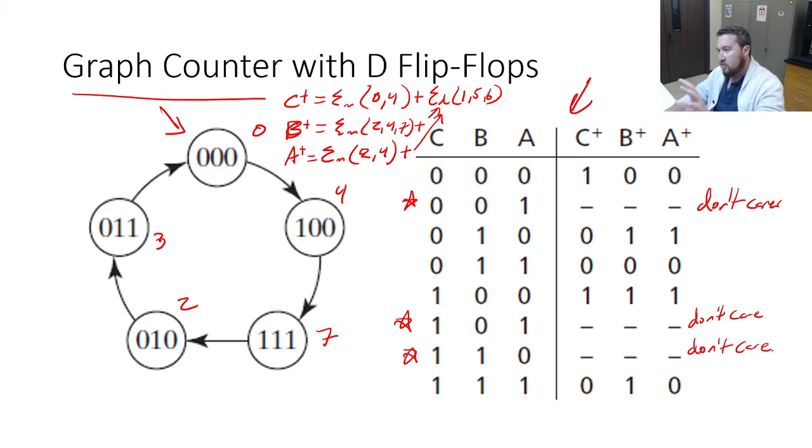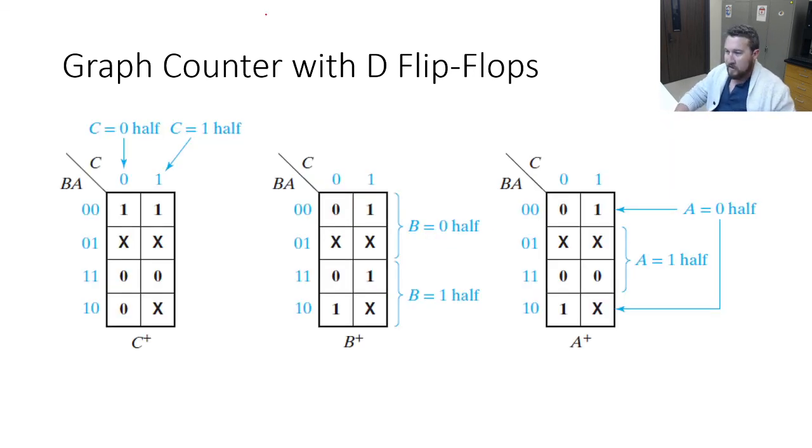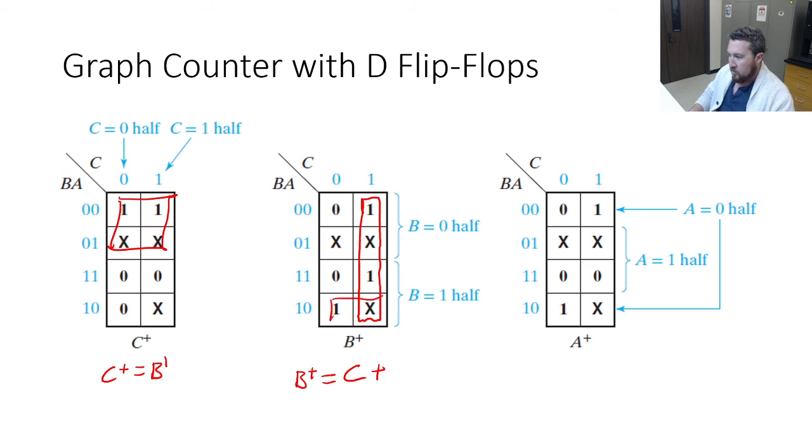So we can take these and throw them into a K-map like so. Here we've got C plus, we've got 1, 1 on the top row, but we've got don't cares in the second row, so we can group all of these into a box and say that C plus is going to be equal to what? Just B prime. And then on B plus, it's not quite as cut and dry, but we've got this column of 4, which is going to give us B plus is equal to C, or we can create a group of 2,